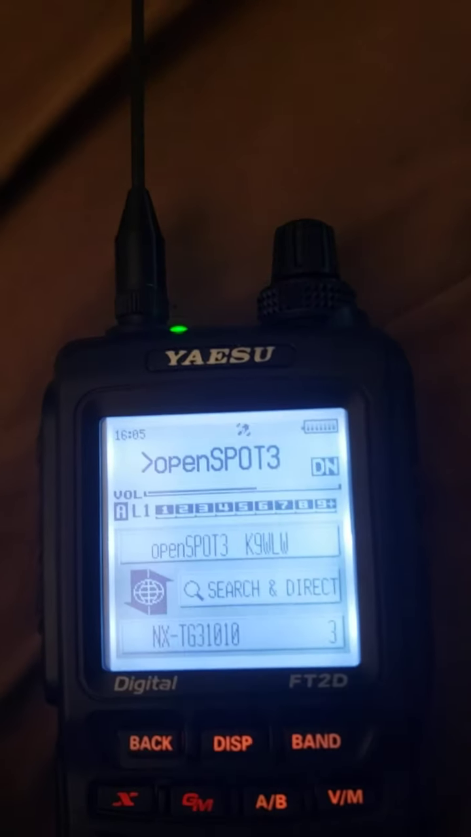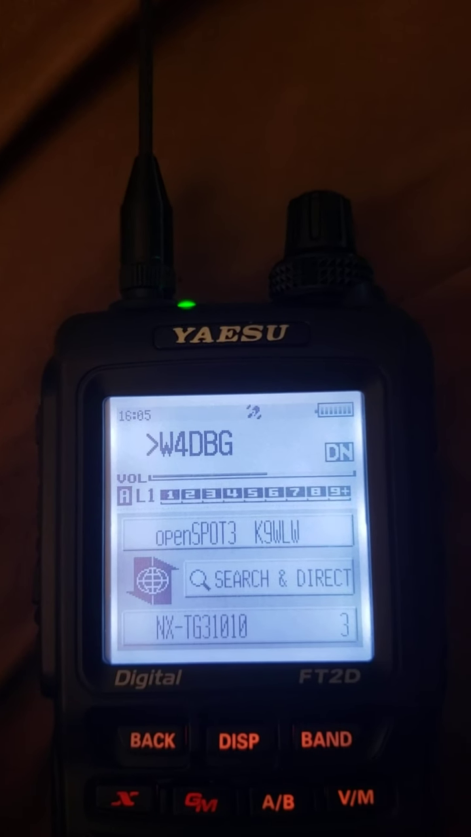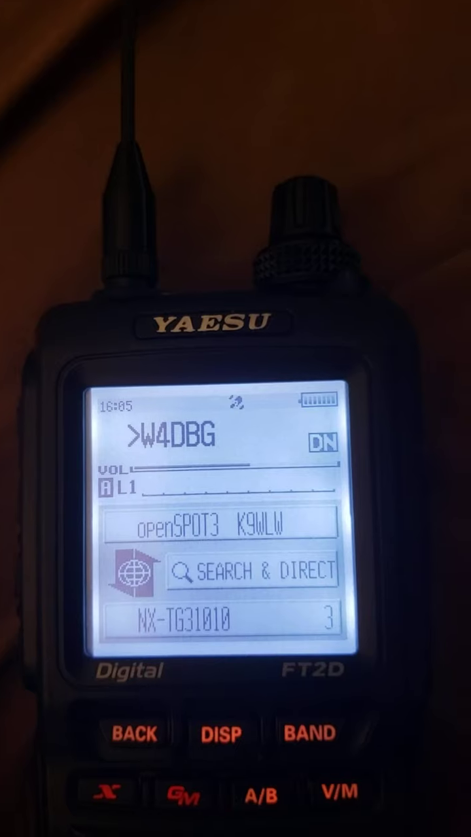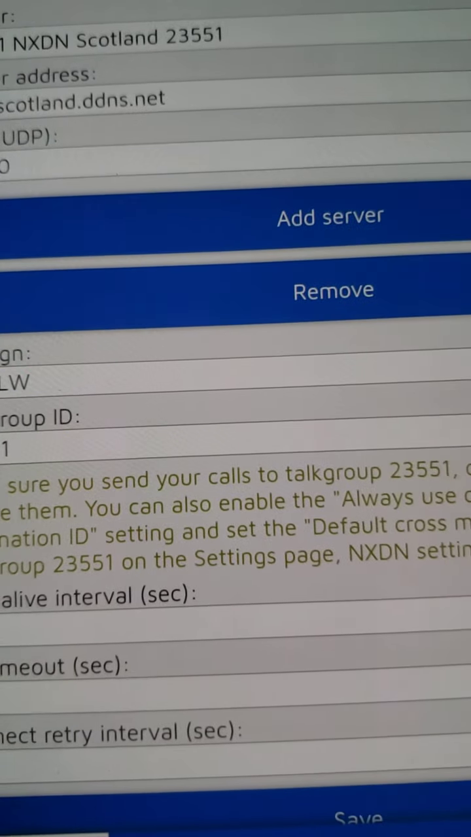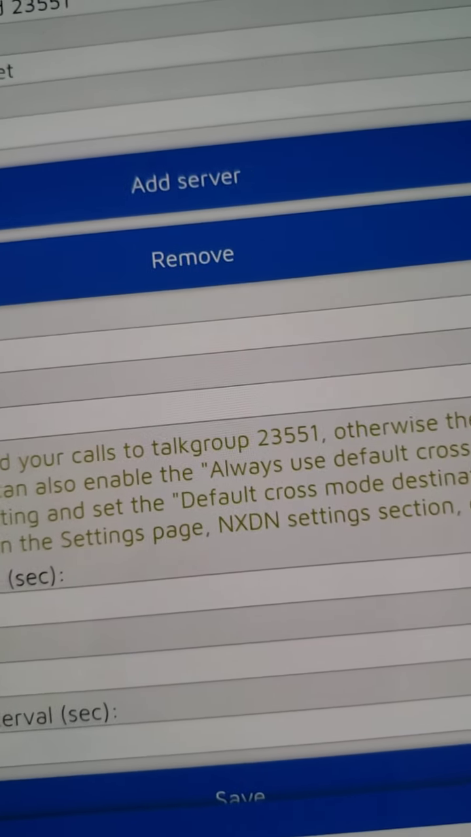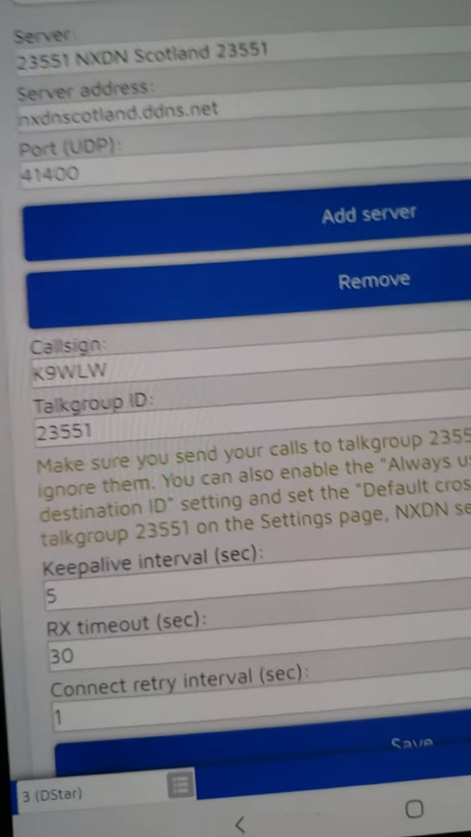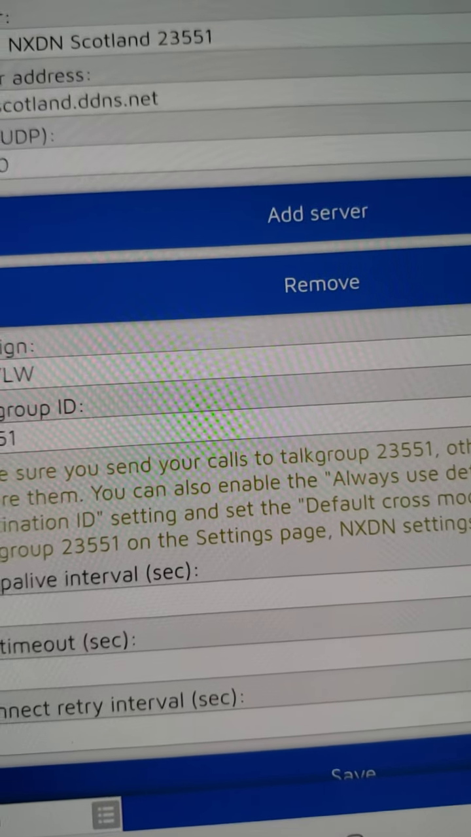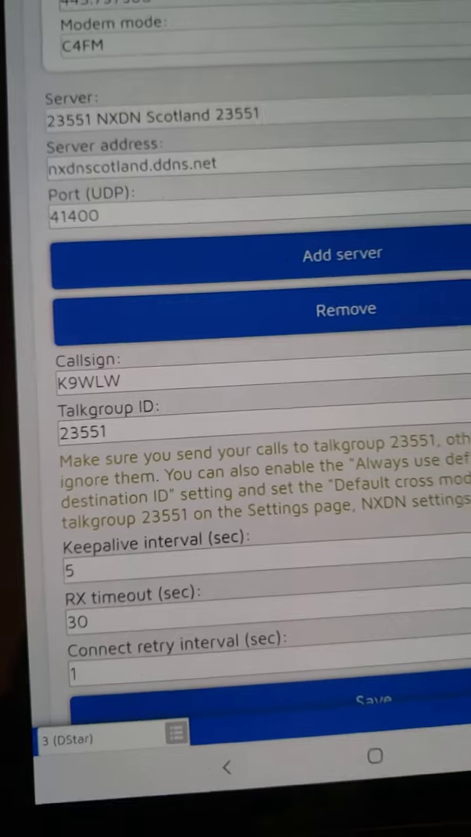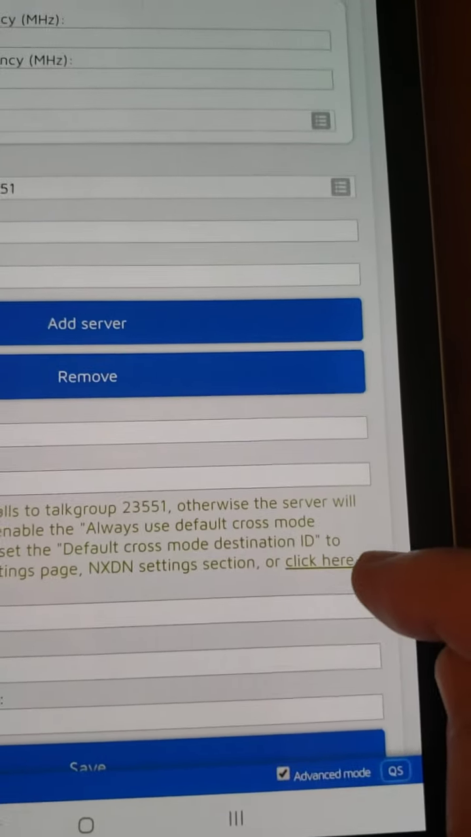31010. Okay, I'm connected. Let me see if anyone can hear me. See? Even with the checkbox off, it's giving me the brown warning again because I'm no longer in 23551. So if I transmit, no one in this talk group is going to hear me. Unfortunately, I don't know why they have that feature on there. It would be nice if you didn't have to do this. So now you have to hit the click here,